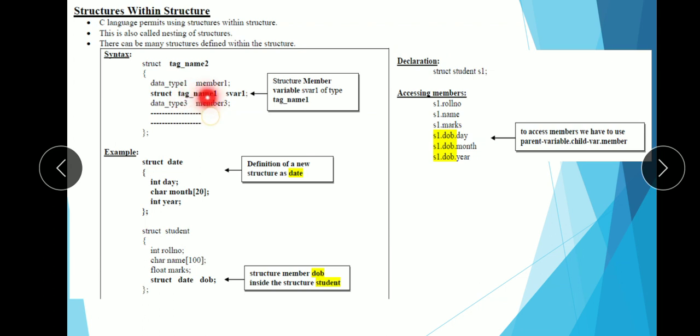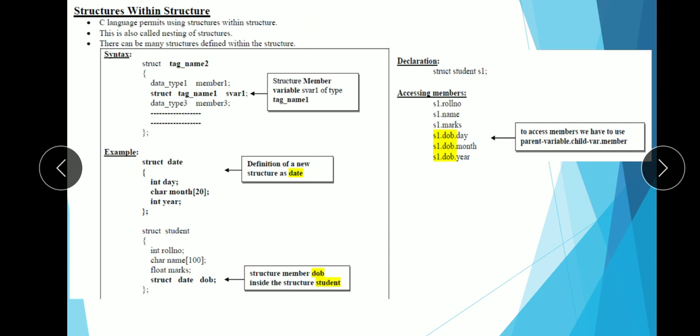Struct tag name 1 s variable 1. Here tag name 1 is not a normal member, it is a structure. So you are using another structure as the member of this particular structure. You will understand this once you go through the example.